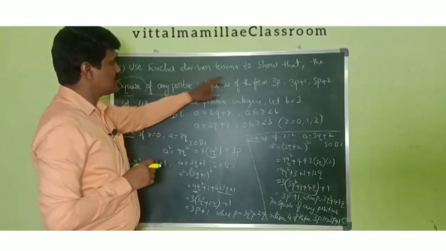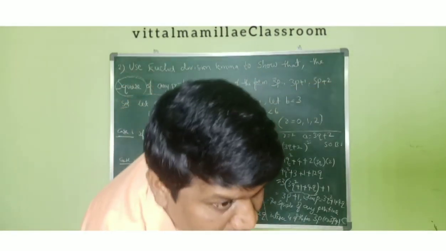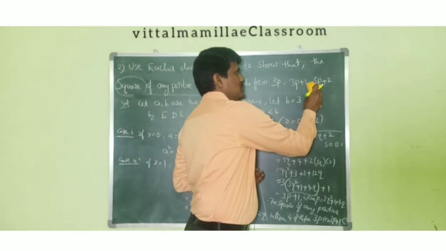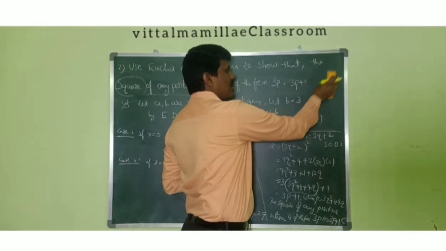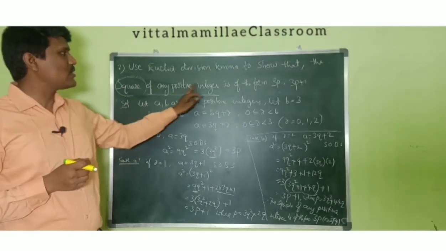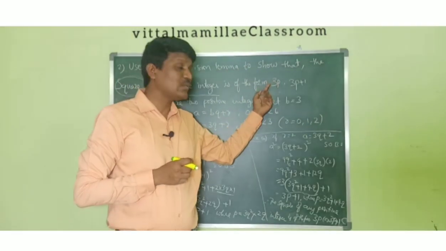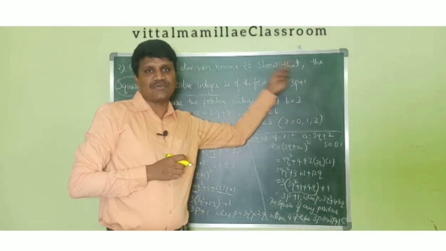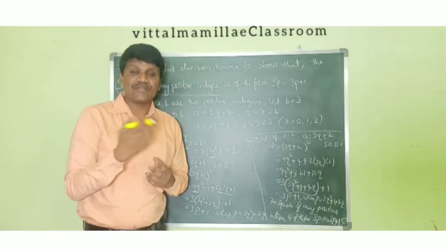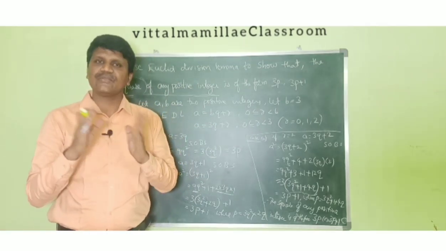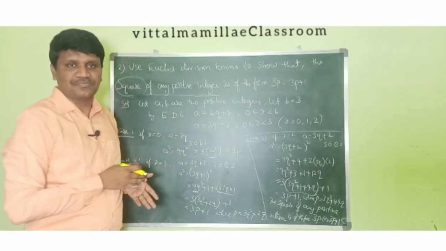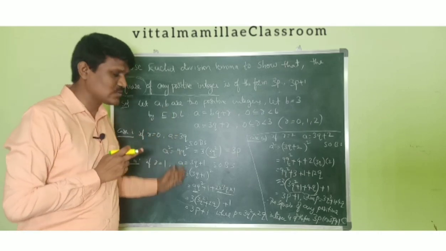Just observe, I think in the question it is given wrong in the textbook. So you should take only 3p or 3p plus 1. You just cut it, it is given wrong in the textbook. So show that the square of any positive integer is of the form only 3p and 3p plus 1. So this is the process of how to do the square of any positive integer by using Euclid division lemma. This is the most important and very easy also.